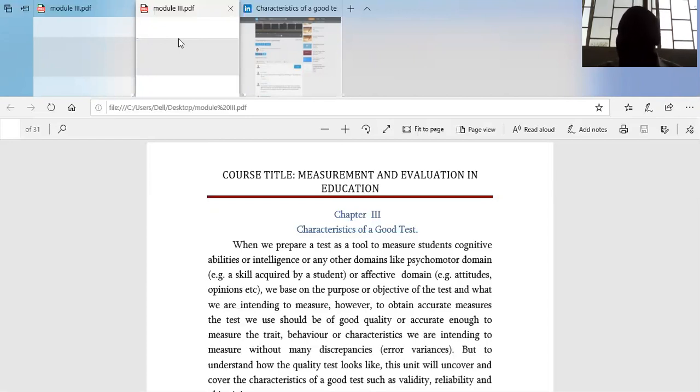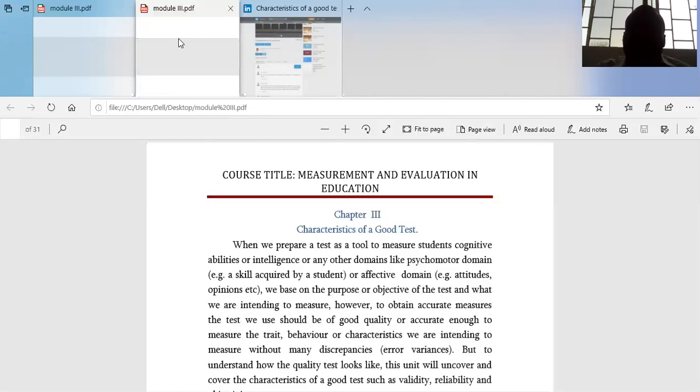The other domains, like psychomotor and affective domain, cannot be assessed in terms of paper. Or sometimes you can do it, maybe in psychomotor, but it needs other steps different from the normal one, which tends to use pen and paper, where you sit on the table and then you answer